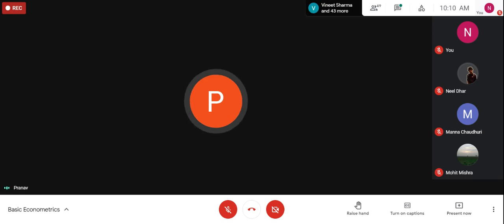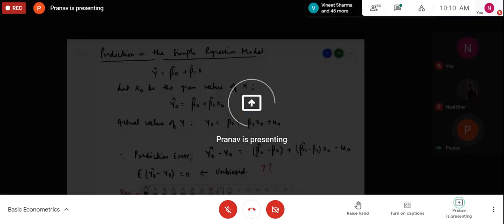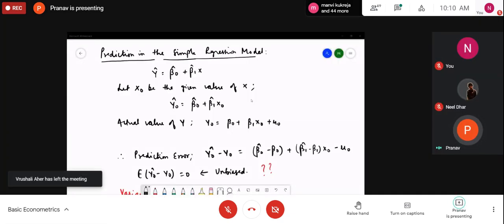Okay, all right. So let us discuss this. Let us discuss this generally, and then we'll solve the question. The first part of the question, estimation of the sample regression function, is quite simple. This is what we have been doing so far, and that is what we have calculated so far. You can use any method. You can simply calculate all those statistics, whether it's summation xi square, summation xy, and summation y,